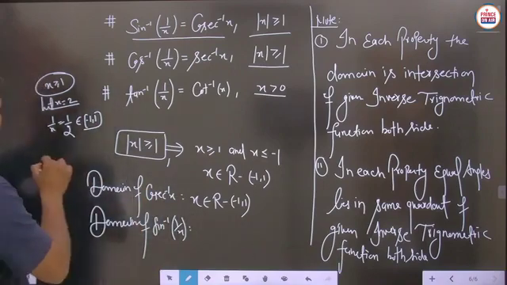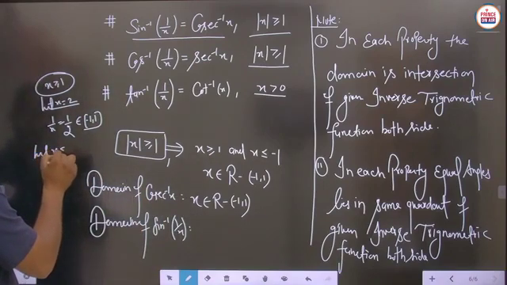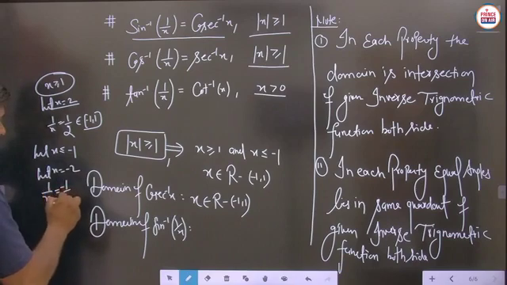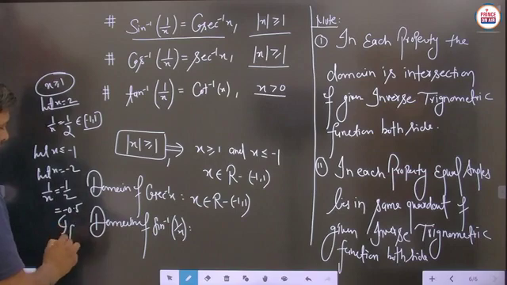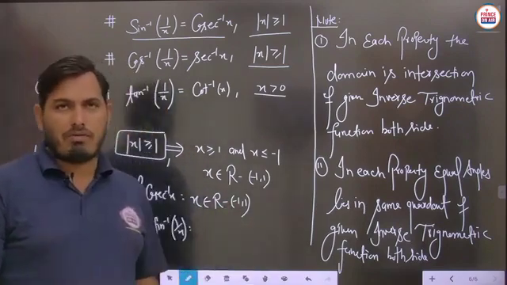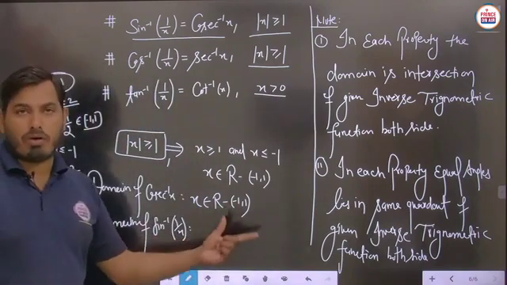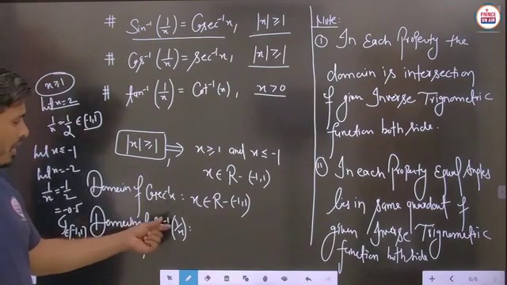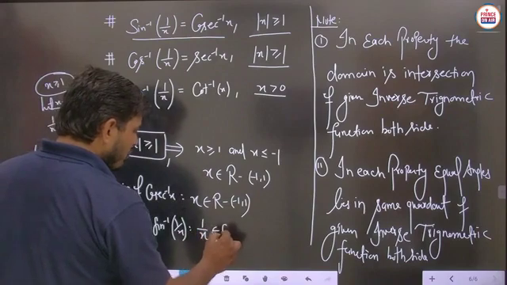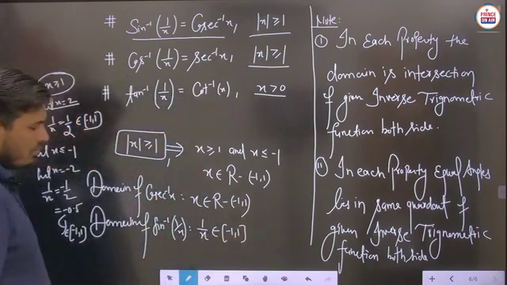No problem. And suppose x is taken as less than minus 1. Suppose let x equal minus 2, then 1 upon x will become minus 1 by 2, which means minus 0.5. And definitely this value again belongs to minus 1 to plus 1. So you can say that if the domain of cosec inverse x is R minus (minus 1, 1), then definitely 1 upon x belongs to minus 1 to 1. Is it clear?